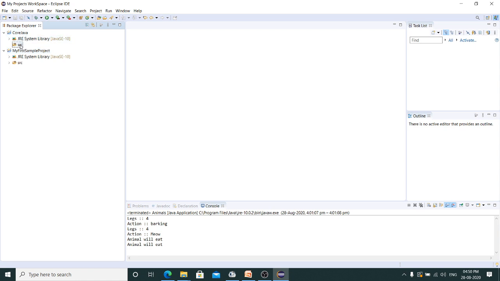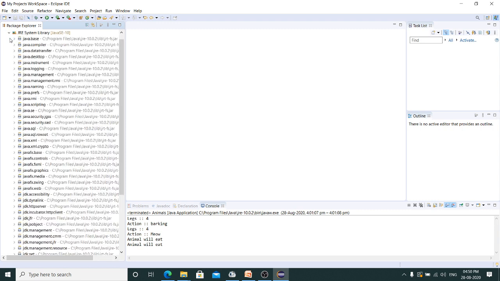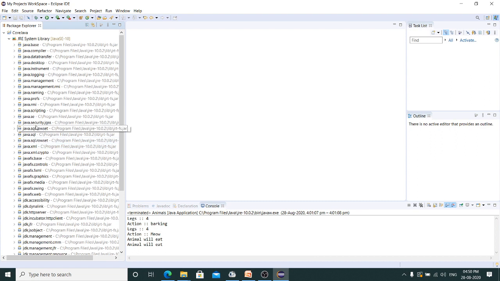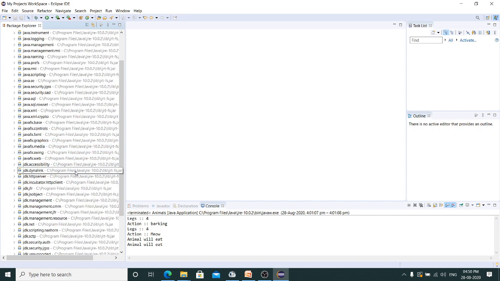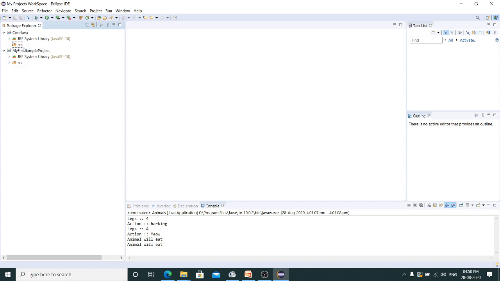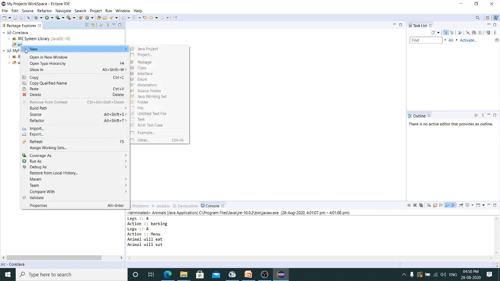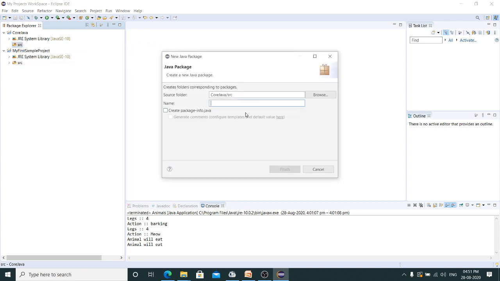So I have my project created here, and by default you can see this src folder is created, and you can see the structure. These are base jar files that are required to write our programs, which help as APIs. We'll discuss that in detail, but you will basically have an src folder by default. You can create a package as well in this src folder. So I'll show you how to create a package. We will see in detail what a package is in the upcoming sessions. For now I'm going to right click on this src folder, click on new package.